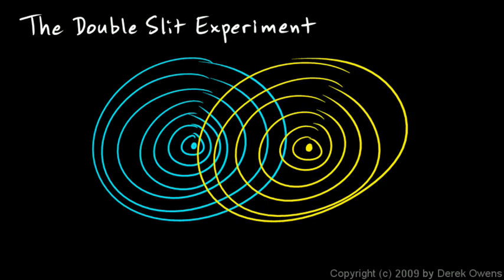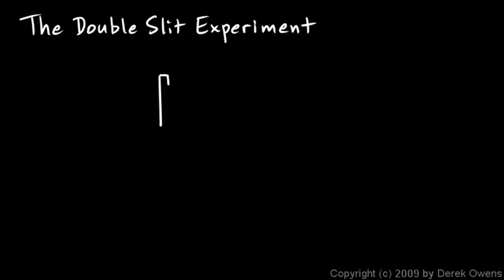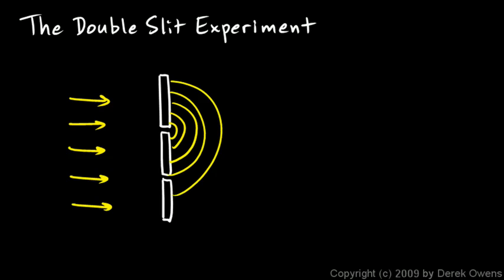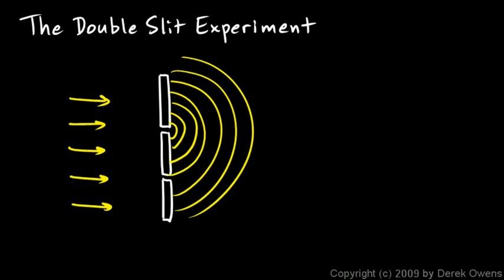Now, what Thomas Young did was this. He set up a little wall with two small slits in it. And then he had some light shining in from over here. Well, when the light went through this slit, if you think of the light as a wave, it's not like a particle. It's not like shooting a bullet that just flies through the slit and keeps going. The wave comes out of here, and it's a wave similar to the wave coming from a point source on the surface of a pond. And then the light coming through the other slit came out as a wave and spread out there.